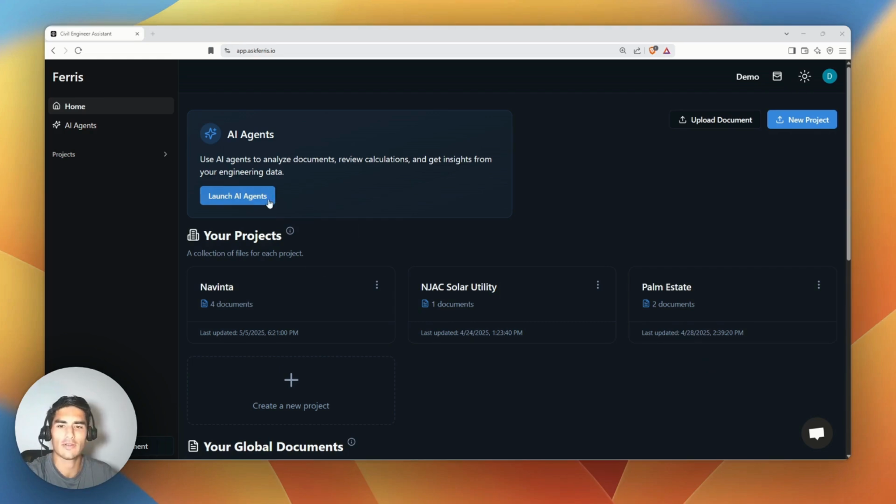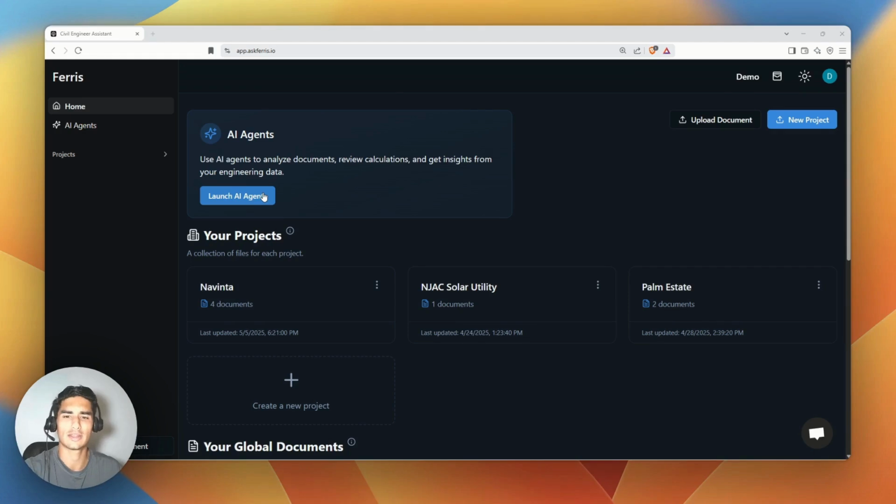If you look here, VerifyCalc is exactly what it sounds like. It's an extra set of eyes, something else that's going to take a look at your calculations that you'll upload to Ferris in a PDF form or an Excel form, and you'll be able to check mathematical errors, assumptions, variables defined. It's a really good way that engineers have been adding a layer of redundancy into their calculations and making sure that there's nothing that they might have the blinders on when they're putting together a calculation and